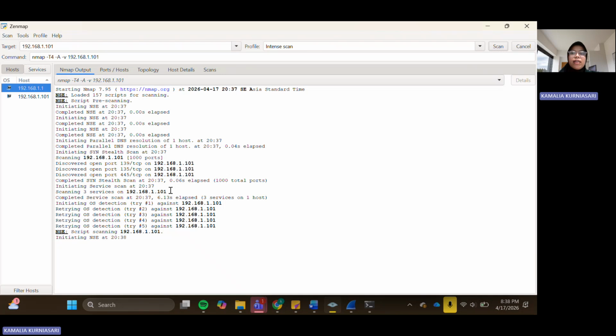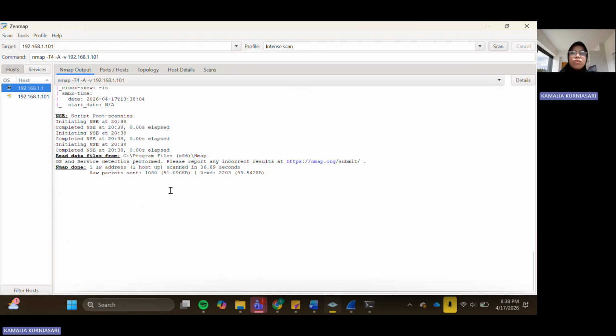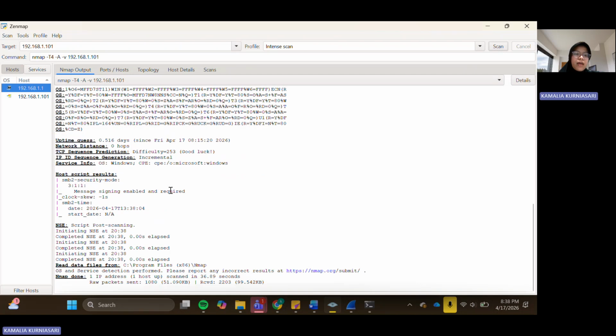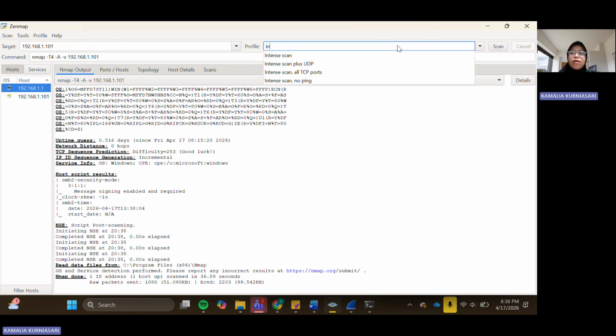It not only detects open ports, but also identifies services and versions running on those ports. The intense scan has already finished. Next, we will use intense scan all TCP ports.